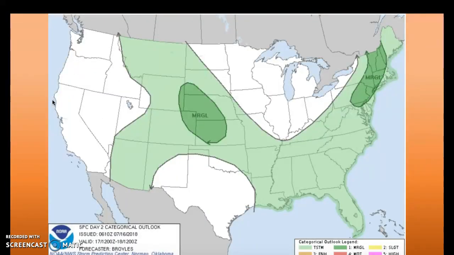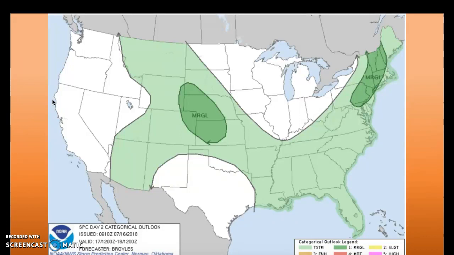Okay, so here's our convective outlook chart for tomorrow, starting at 7 a.m., and that's valid until Wednesday, 7 a.m. We can see the chance of severe weather has decreased from today's convective outlook chart. We are still in the clear there, but